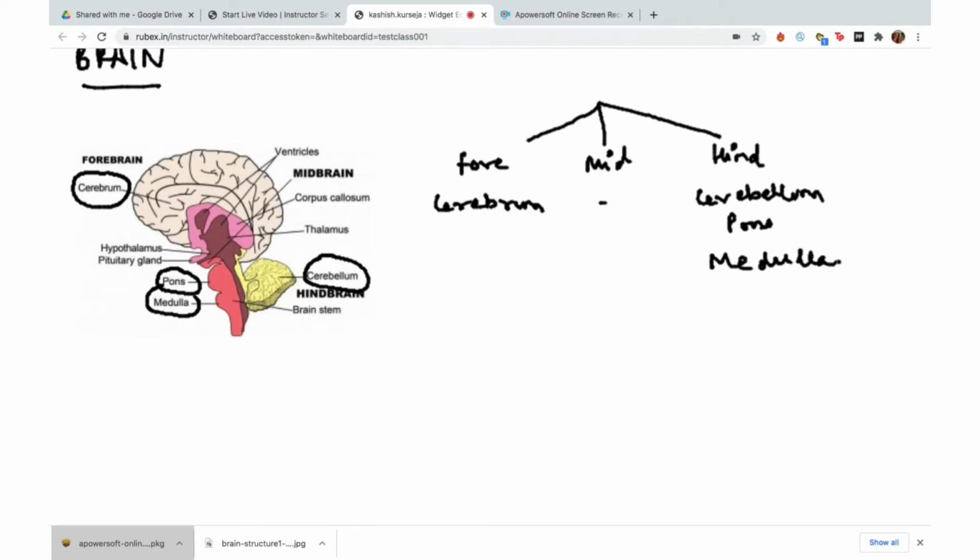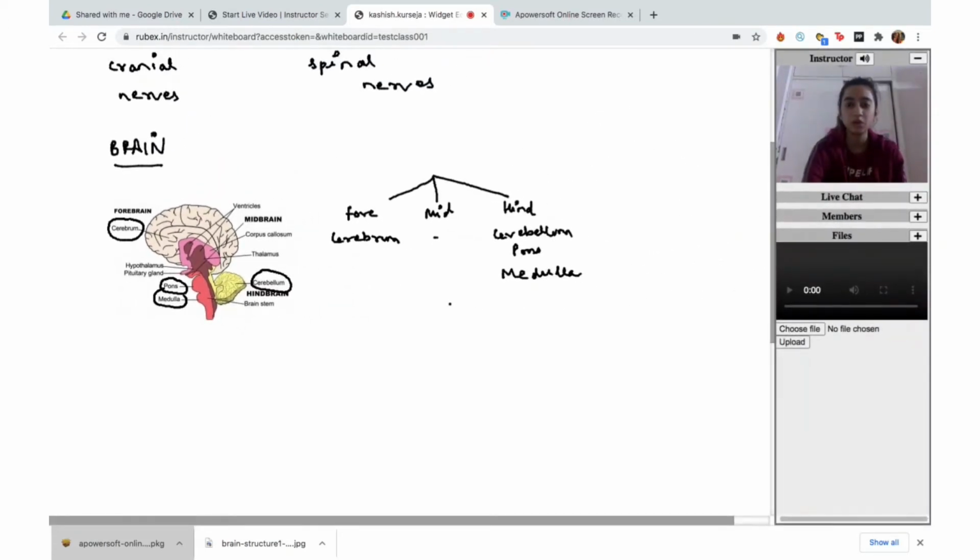Okay, so in this I was just showing you these parts in the diagram for knowing about their location. Forebrain is in the front part of the brain, midbrain being in the middle part of the brain, and hindbrain is the back near the end of your neck, that is, the start of your neck. Okay, so these become the three parts of the brain that we have to cover. Starting with number one, your forebrain, that is the front part.